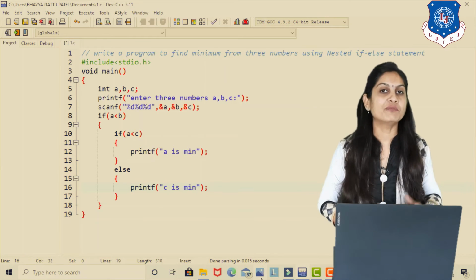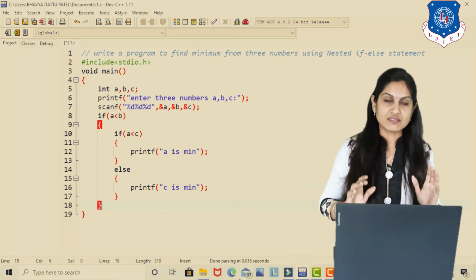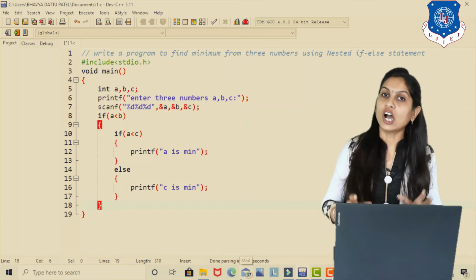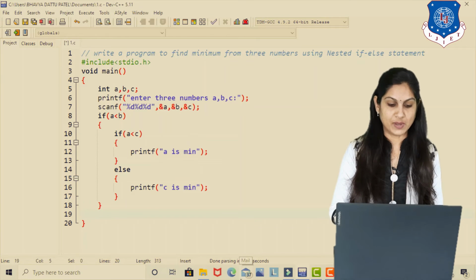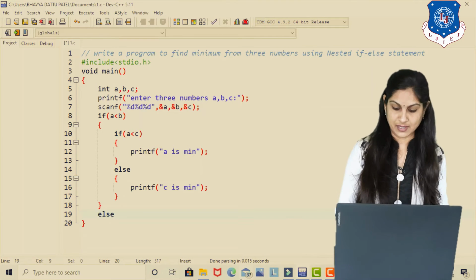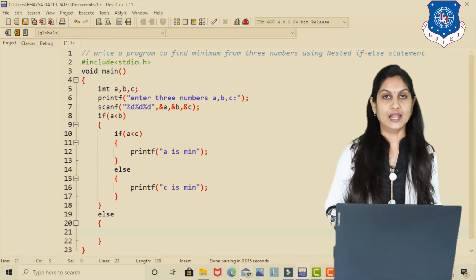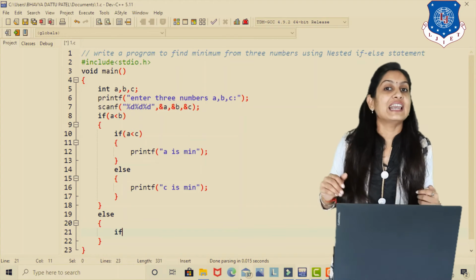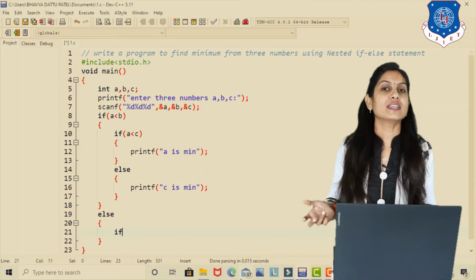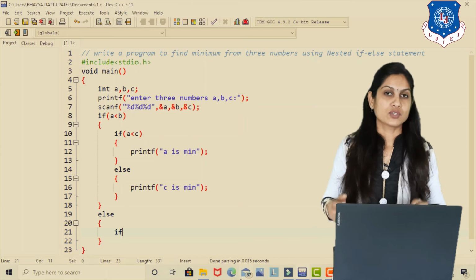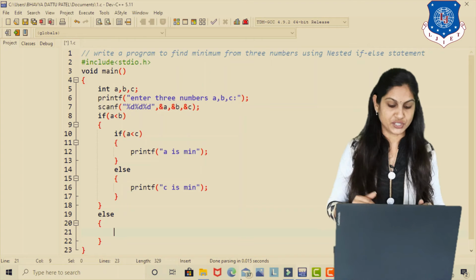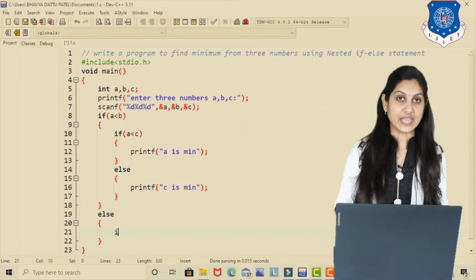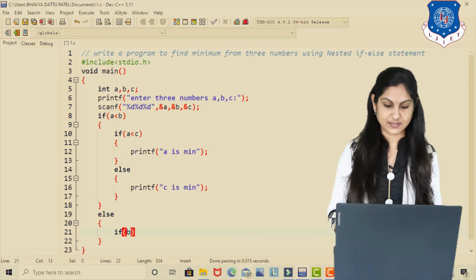So here our if part is completed, but suppose a is not less than b, then we have to go for the else part. So here we start else. Inside else, if a less than b is false, that indicates what? B is minimum. So we have to check b with c, and for that we write the condition in an if, that is b is less than c.